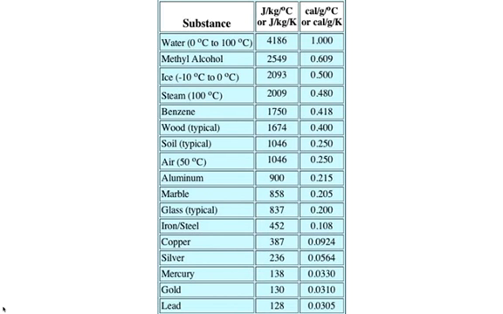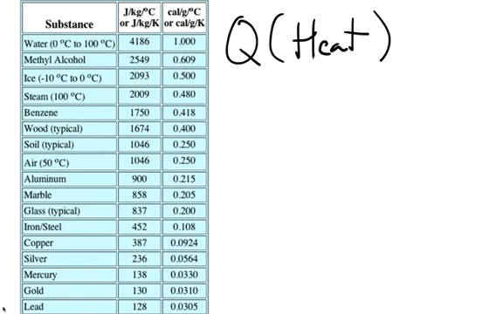Here's a table of some specific heats. Now notice how they're measured in an energy unit called joules. So that is our Q, which is heat. Sometimes I believe your book uses a small q, but it's Q. I should label that. So Q is heat,